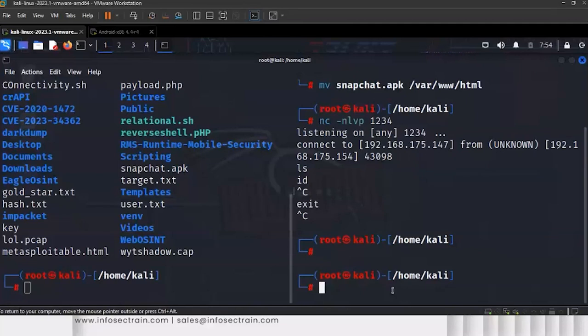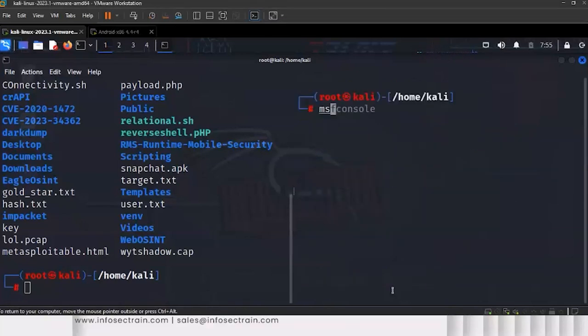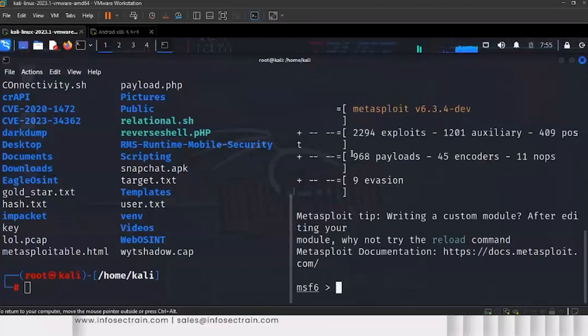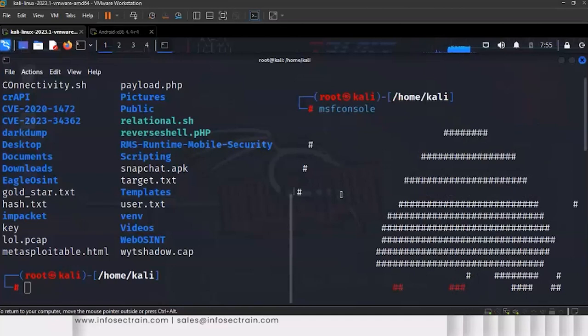I will basically start a framework in my Kali Linux. The framework is with the name Metasploit framework, and the command for starting that framework is msfconsole, right? So it is starting, it will take a bit. This is how your msfconsole or Metasploit framework looks like,